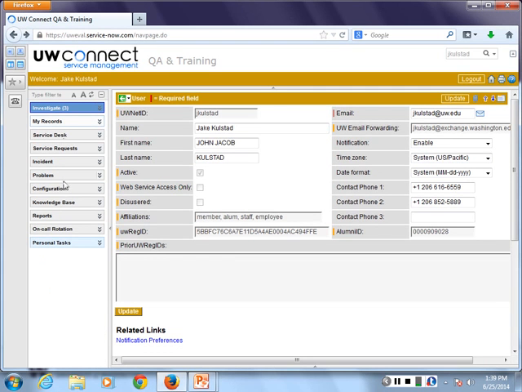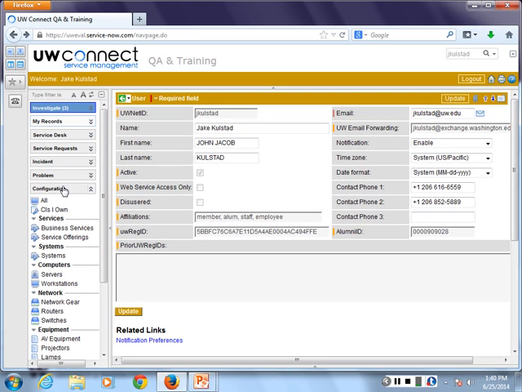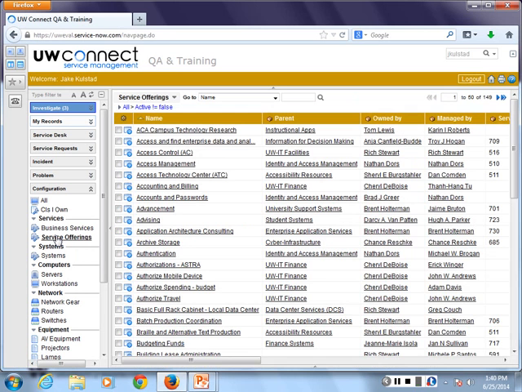I'll go back into our application navigator and click on configuration. If you'll follow along, I'll ask that you click on service offerings under configuration. Everybody will pull up that list. So this shows the 149 service offerings. This is in essence our service catalog.